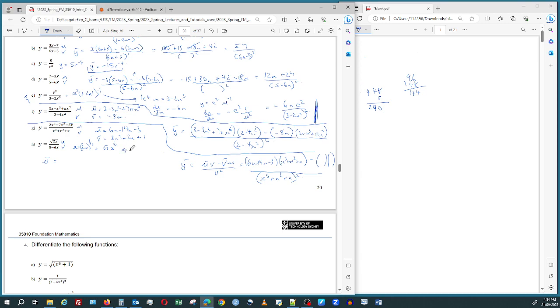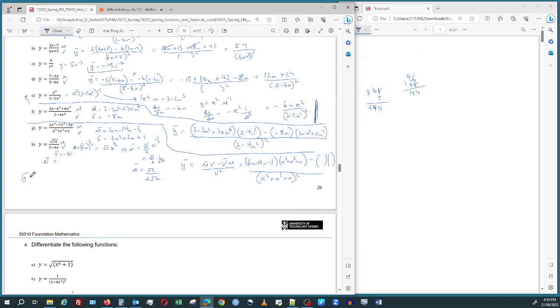So now we can do u dash, which would be root 2 on 2, well, that's a half, x to the minus a half. So that's root 2 on 2, 1 over square root of x this time. So it'll be root 2 root x. So that's our u dash. And v dash is simply minus 6. So anytime there's a chain rule, it's going to get a bit interesting. Okay, so for this one here, we're going to get